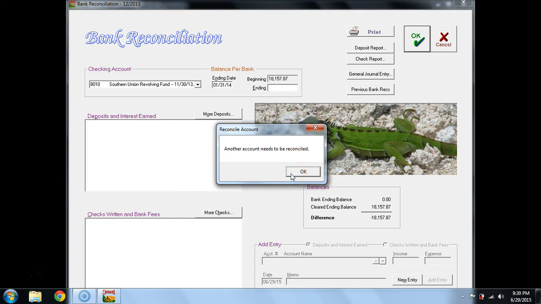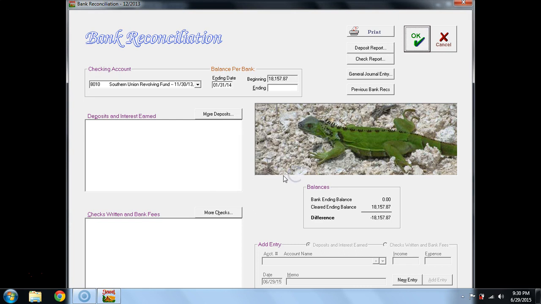Notice that when you have finished that printing, it will alert you that there's another account that needs to be reconciled. You can say OK, and in this case it would be the Southern Union Revolving Fund. You would do it the same way. I recommend you not do multiple months. There should be a 12/31 reconciliation. And with Southern Union Revolving Fund and other savings accounts, often those